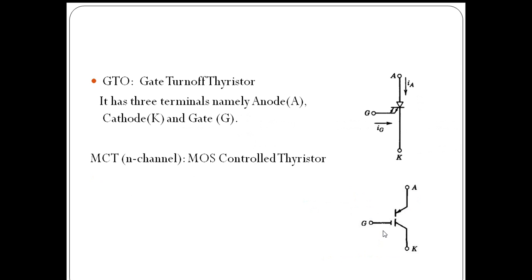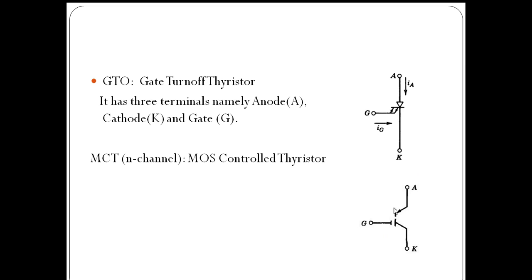Next, GTO. So here we are having a problem in reverse bias. In reverse bias, SCR will not have any control of the conduction. So it is normally acting like a PN junction diode only. And one more problem is once the SCR is triggered, the gate circuit will not have any control in the circuit operation. So to have control in turning on and turning off, we are using GTO.